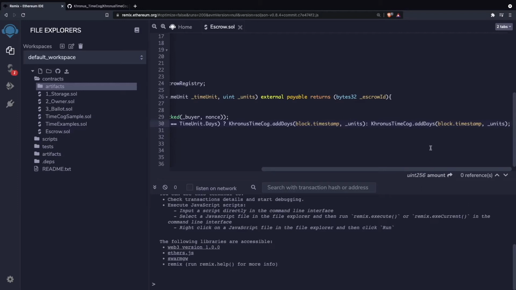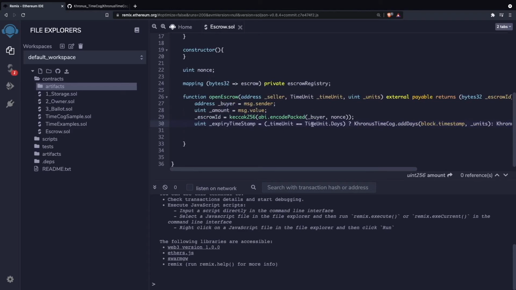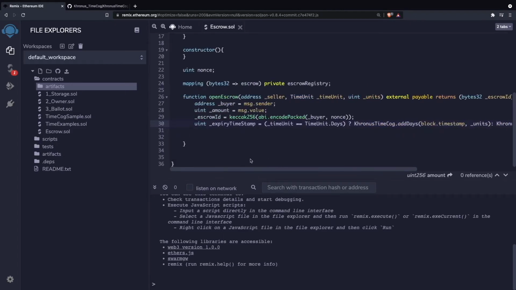But this is still not good enough because we're still adding days. We're going to add months. That's what we want to add. So if the user chooses days as the unit of time, then we're going to add days, and if they choose months, we're going to add months. And this is working well. Now we just need to populate our